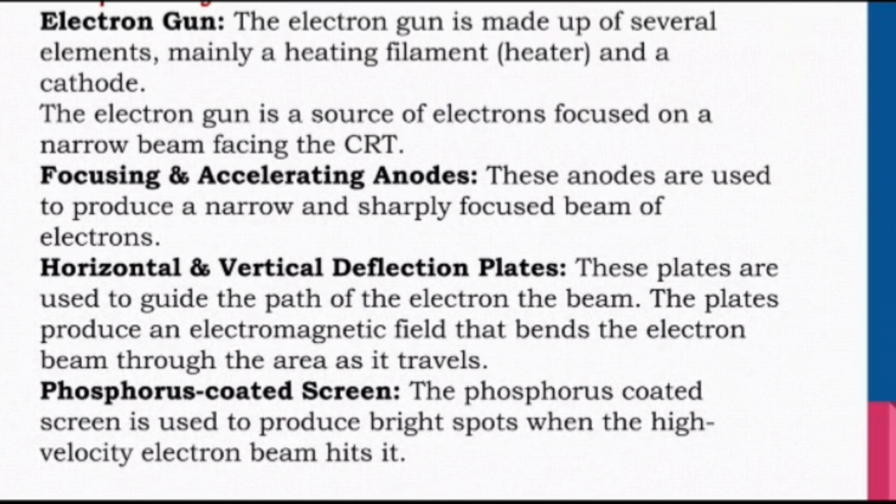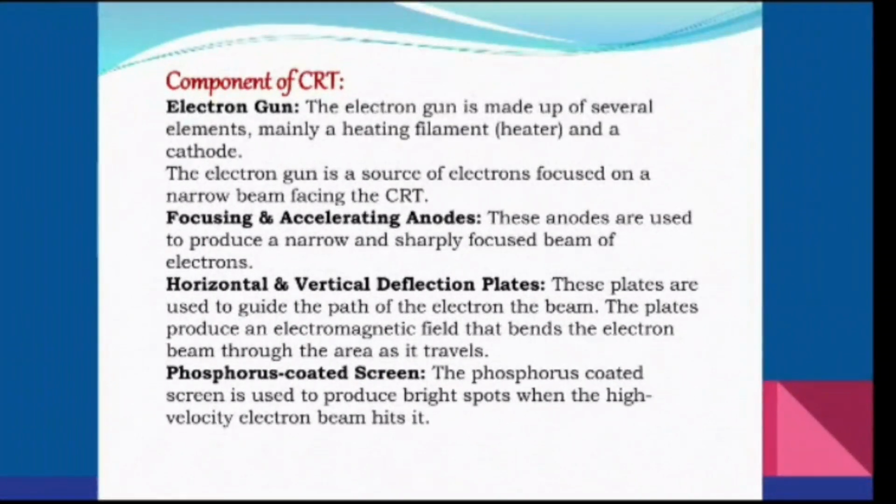And we have the phosphor coated screen. The phosphor coated screen is used to produce bright spots when the high velocity electron beam hits it. Okay, so this is how the screen gets the image of the picture, or whatever video or picture you want to display on the screen. This is how the screen is made to glow, and this is how the video display device works based